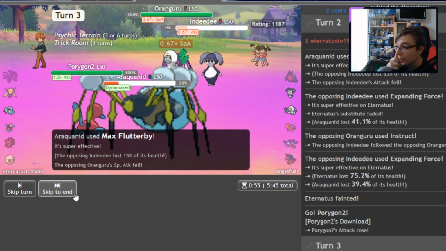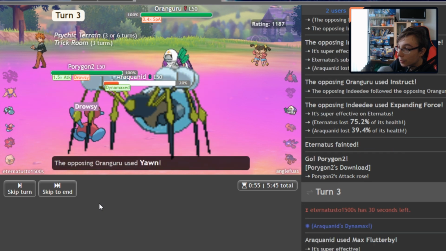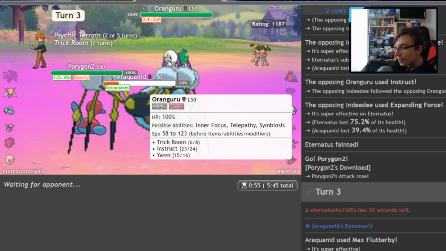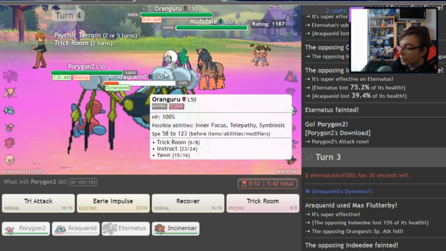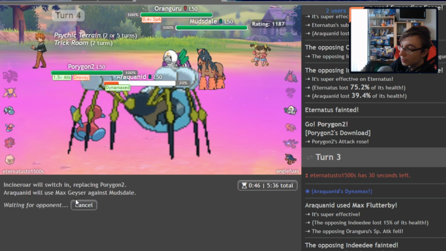This is gonna be Expanding Force first out of Oranguru. Yawn? Yeah, it gets Yawn, I know that. I actually know that, I just didn't expect it. That's different. Is this mod still slower? I don't think this is Iron Ball Oranguru. So as a result, I don't think it's going to be...